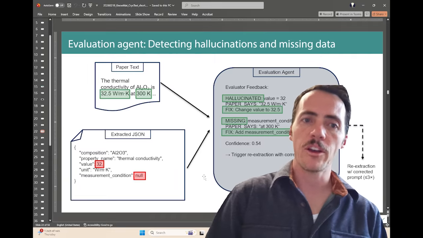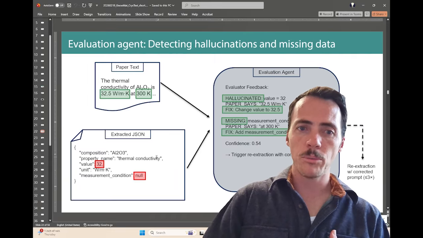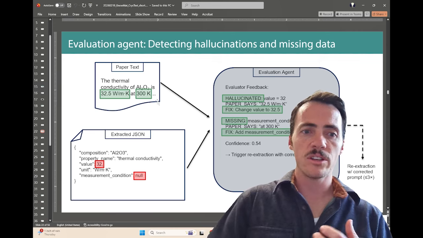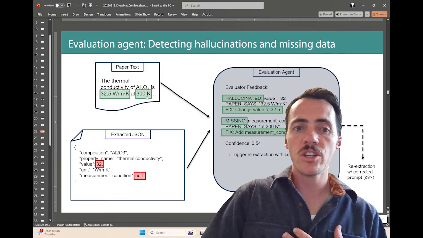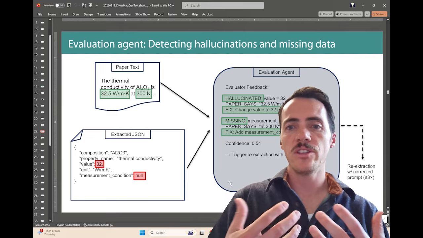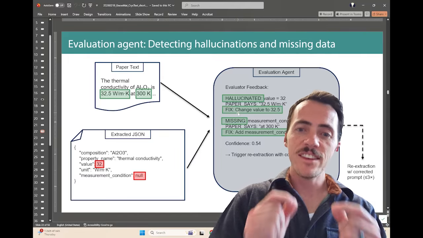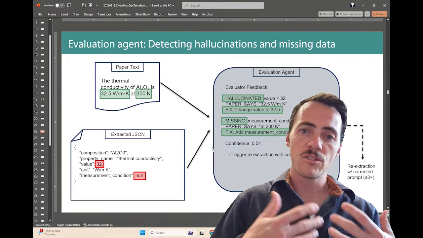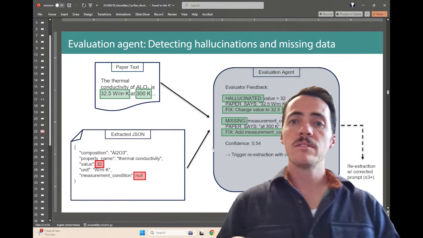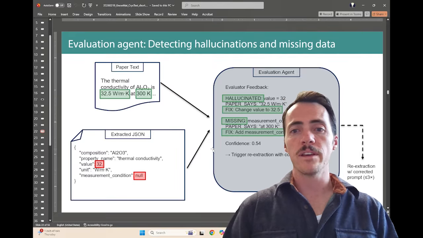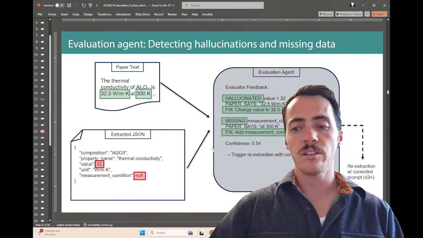And then comes the evaluation, right? The evaluation agent has the really interesting job of comparing the extracted output with the actual snippet of text. And you can see maybe in some cases, the value was slightly off, or there was a condition that was missing. And the evaluation agent's job is to identify these and suggest potential fixes. This is important because these suggested corrections get sent back to the re-extraction, but this time with those corrections in place. So the prompt gets updated to have these specific criteria added to it, and it can do up to